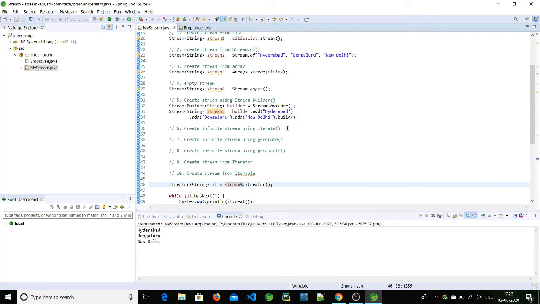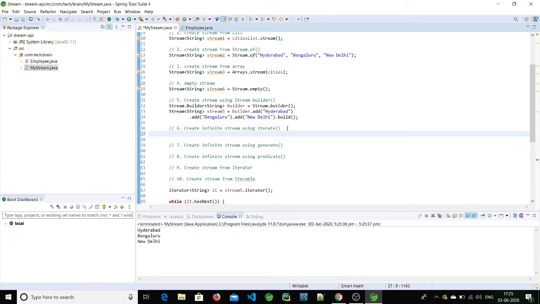So the next one is the iterate method. To create streams, suppose sometimes we want to create an infinite stream, so in that case we'll use the iterate method. Infinite in the sense it is not that it is undefined or unlimited, it means that the maximum limit is quite bigger than expected, so we'll say infinite.